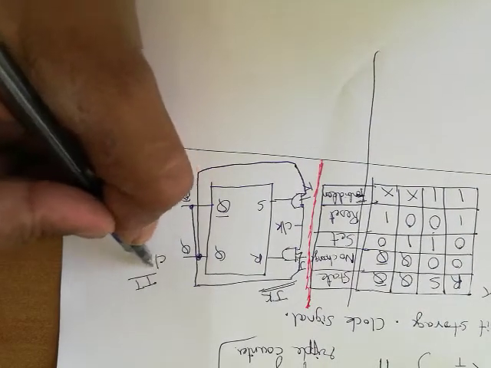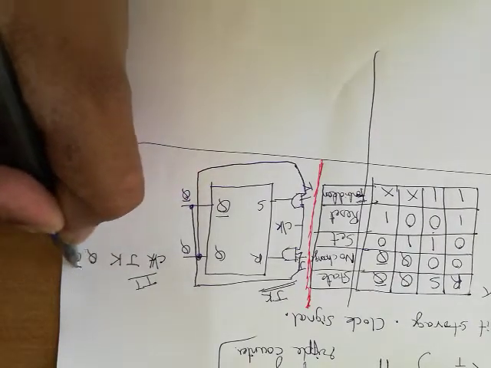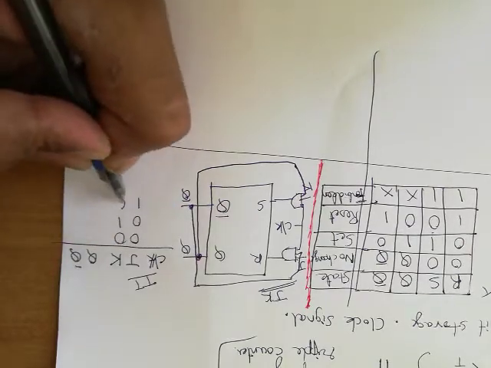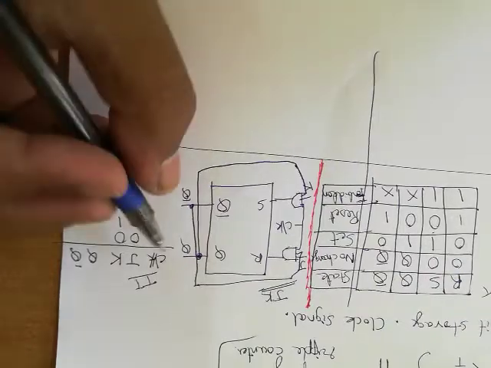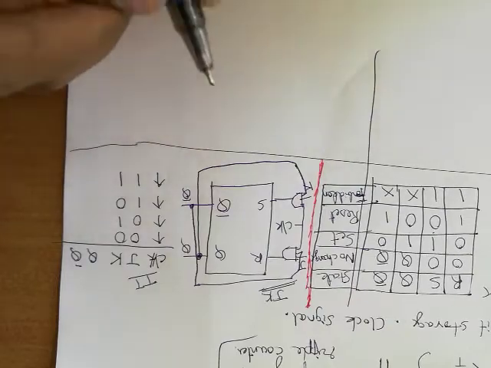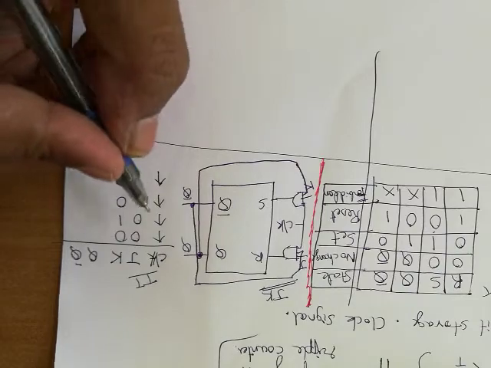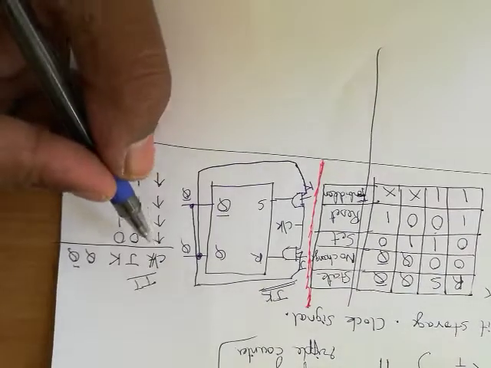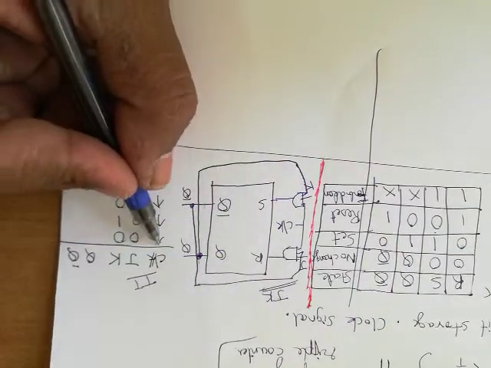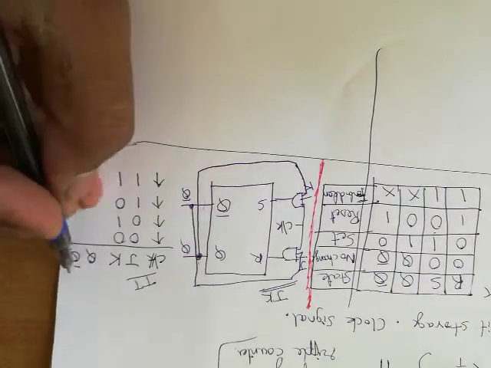So we'll include a clock here, then J, K, Q bar. So we have combination 0 0, 0 1, 1 0, 1 1. Clock can be either edge triggered or level triggered. I'll indicate edge triggered, and that too positive edge. As of now, I'll expect you to remember that this flip-flop works whenever we are giving a clock. Once we give a clock, output will be generated.